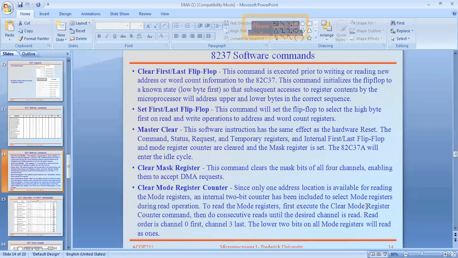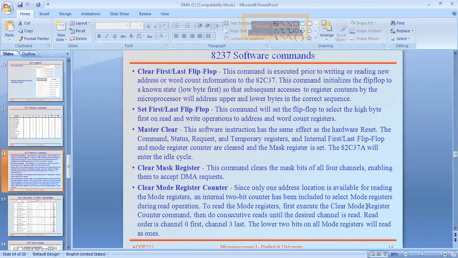Now, what are the software commands useful in DMA operation? The first software command is clear first or last flip flop. Both are the same. It is the most popularly used software command in the 8237.